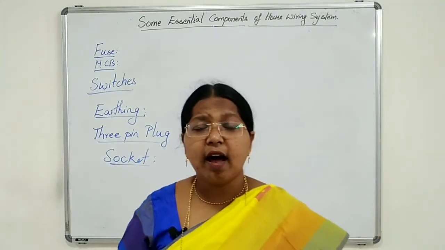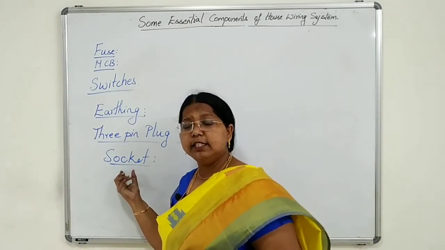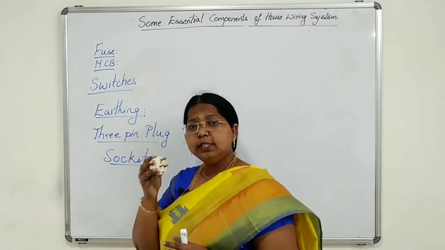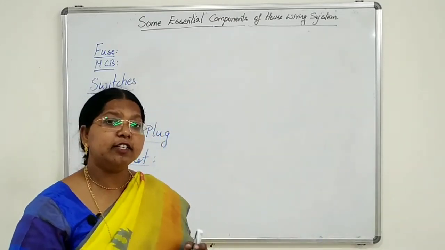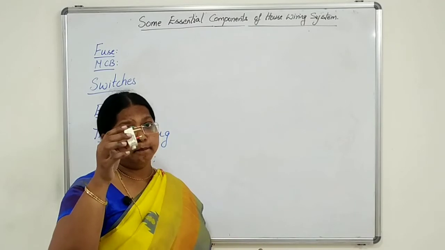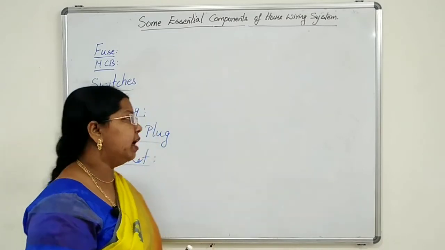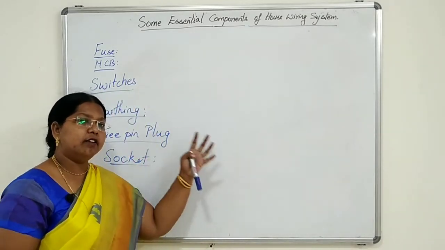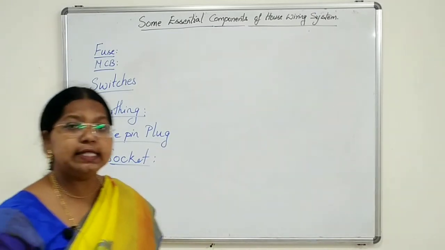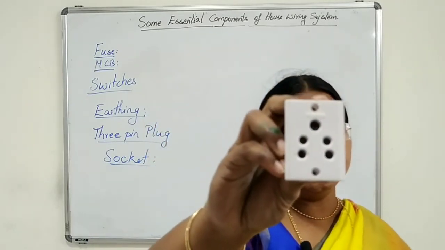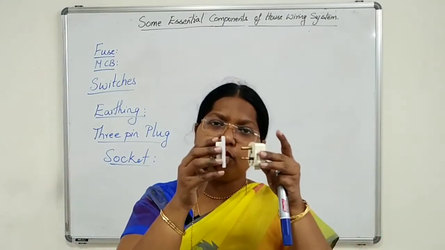So these plugs are inserted into the sockets. Sockets also have brass cylindrical hollow holes so that the plugs can be inserted to make the connections. Every electric appliance is provided with a plug at one end of the wire. This plug will be inserted into the socket so that the current flows into the electric appliance and it starts working. Clear? So this is the socket, students, where we'll insert the plug. The pins will be inserted into the socket.